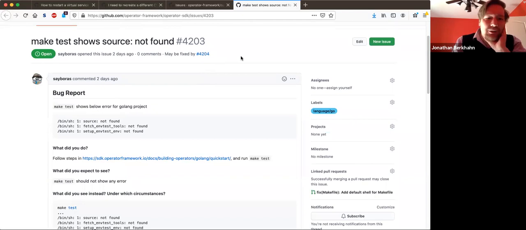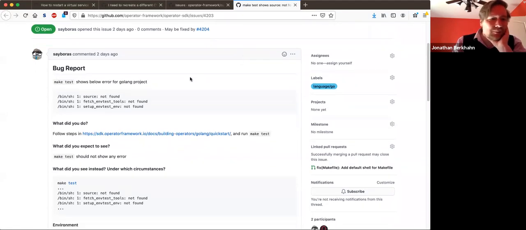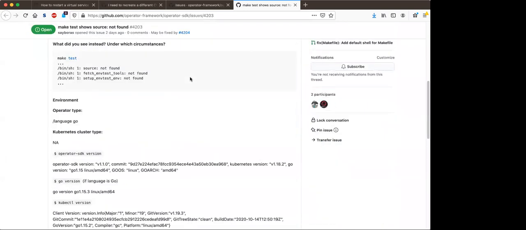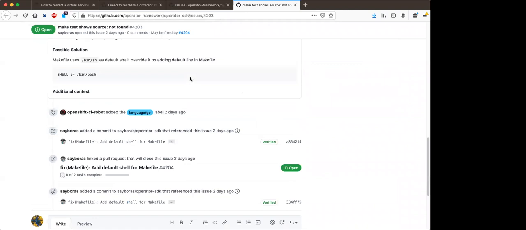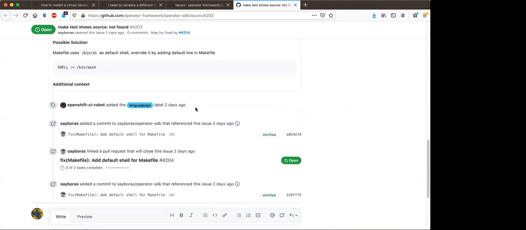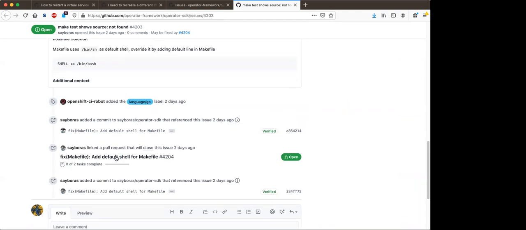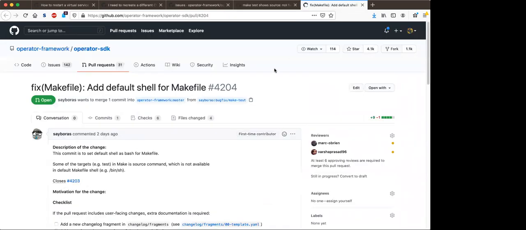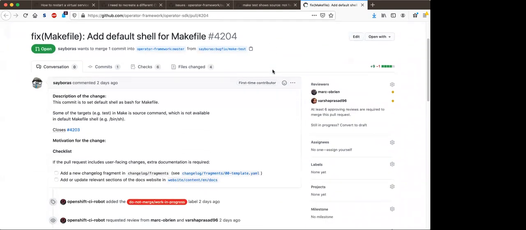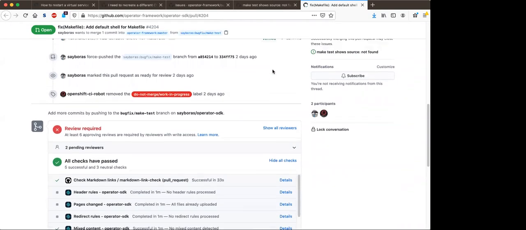Make test shows source not found. Yeah, there's an issue in the kubebuilder makefile where the shell used by CI or the user's shell is the generic profile shell, and it might not be bash.